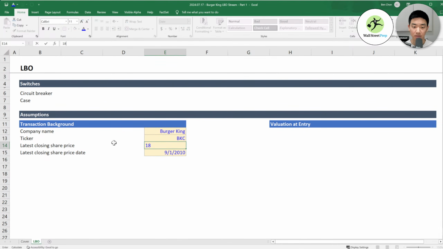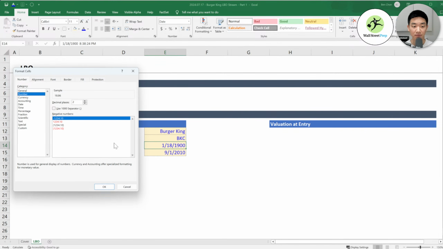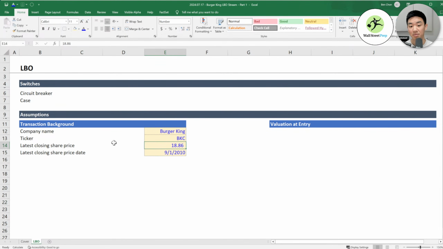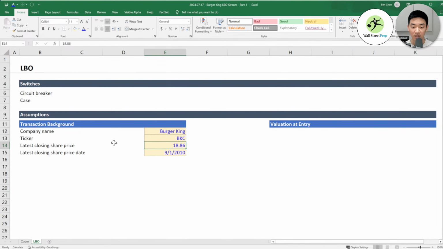You'll see why we need this later, but sometimes this number is not even what you actually want, because sometimes the deals get leaked, and so before the announcement, the stock price will already have run up. A lot of times when that happens, people even say that the really old school bankers, even though everything should be super confidential, leak the information somehow through their ways to news outlets, and then they add pressure to the deal. I've heard about that before, but we're not sure if that's actually true or not.